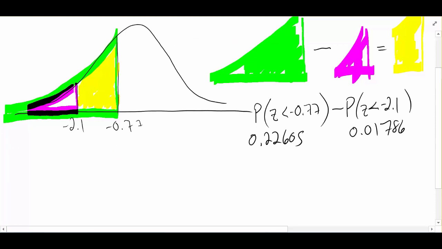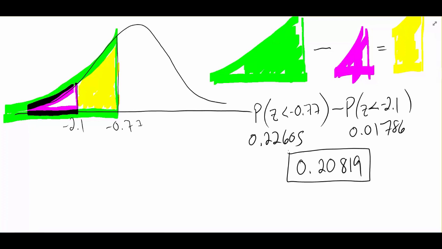And now if I subtract those two values, I'm going to do that with the calculator. And again, this is not a fancy calculation, so we'll just go ahead and do this off screen. This value is 0.20819. And this gets us the probability of being between those two values by taking the larger one and subtracting the other. Now, of course, some common mistakes here is doing the subtraction in the wrong order. So if you get a negative number, you probably made a mistake. If you end up somehow with a number bigger than 1, you made a mistake somewhere else. So think and make sure your answer makes sense when you look at it.